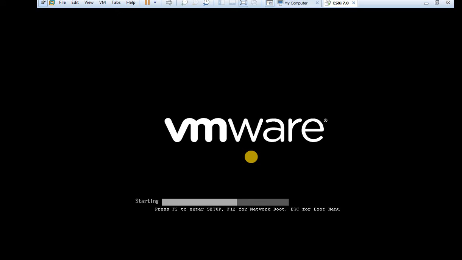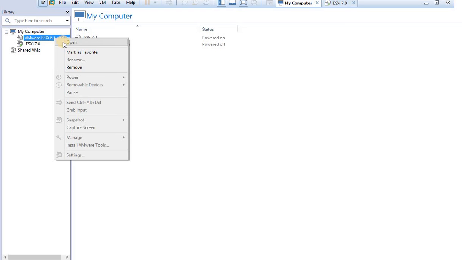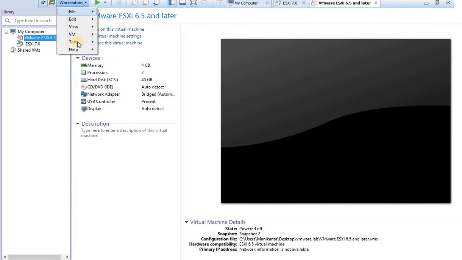After completion, I am going to show you how to start this. First of all, you have to cross check your network adapter that we have given, automatic adapter.